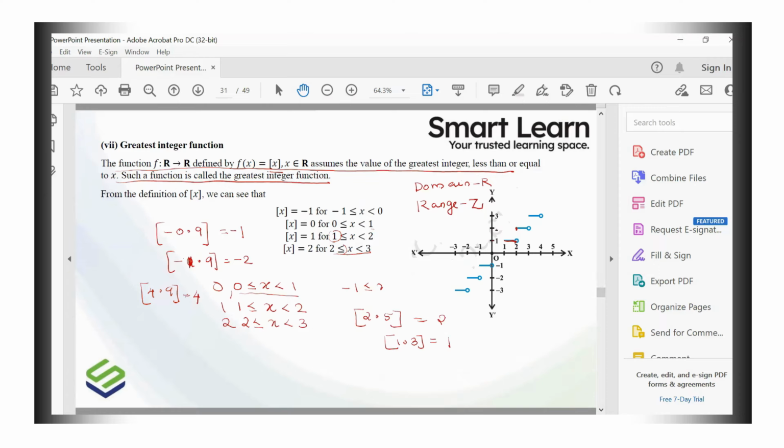0 less than or equal to x less than 1, my answer is 0. 1 less than or equal to x less than 2, my answer is 1. 2 less than or equal to x less than 3, my answer is 2. 2.5, my answer is 2. 1.3, my answer is 1. Like that. This is the graph of that. Okay. Now,